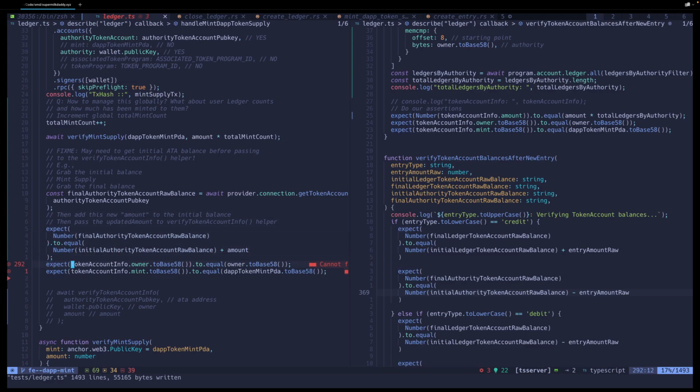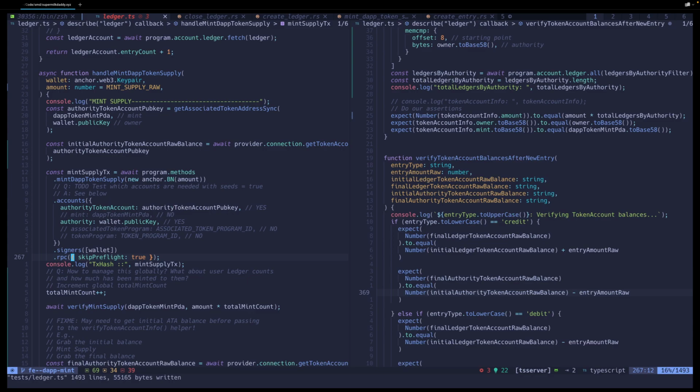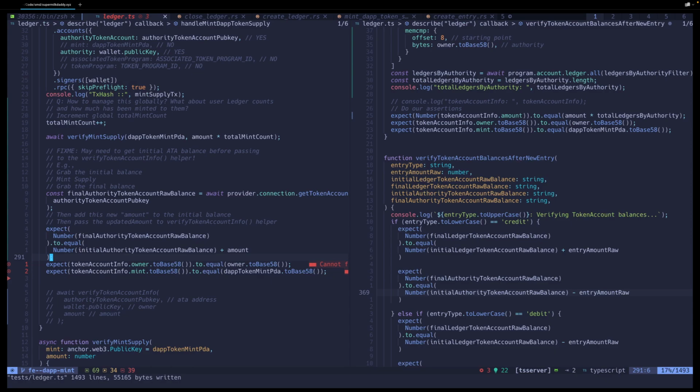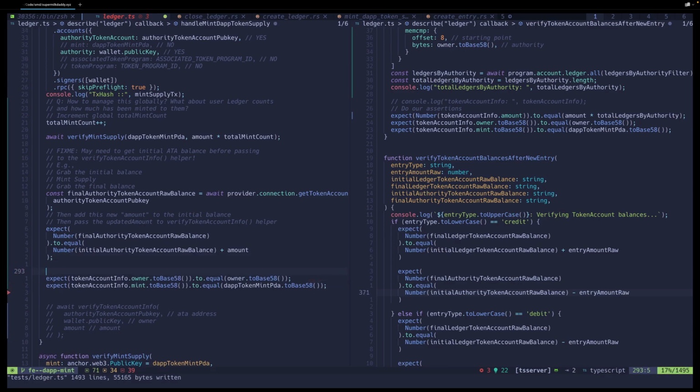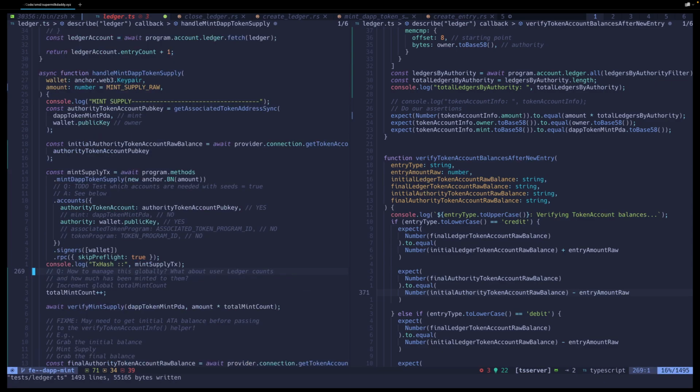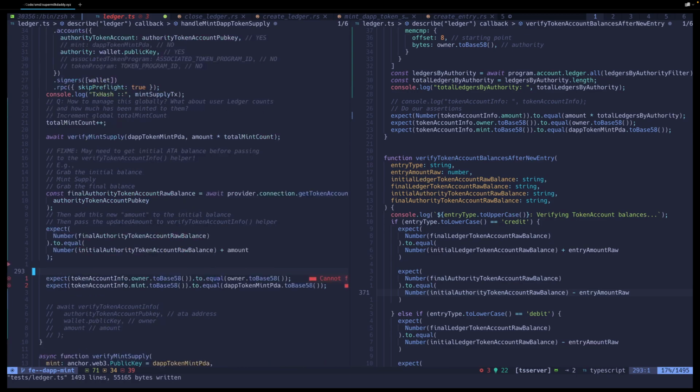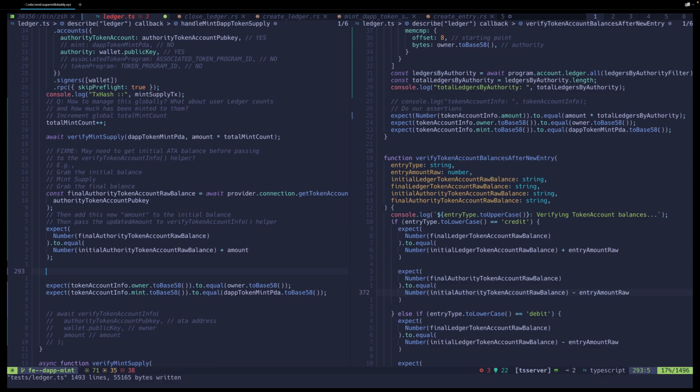Now, what are we missing here? Token account owner. Oh, I don't have... I have the balance. Ugh, lordy, this is not what I want. Because I don't have the token account info, I just have the token account balance. Yeah, which means I need to... I mean, I could change, if I do the get account,